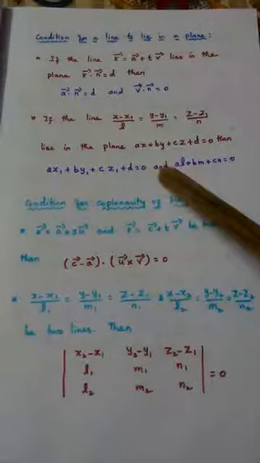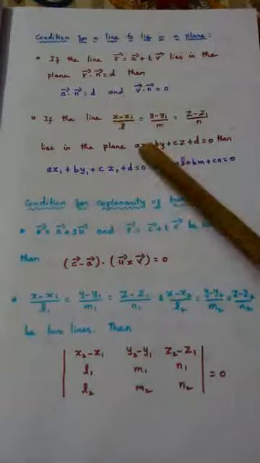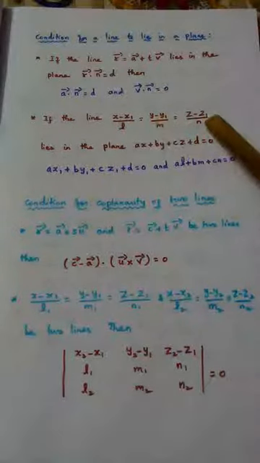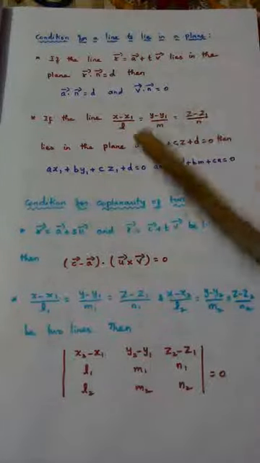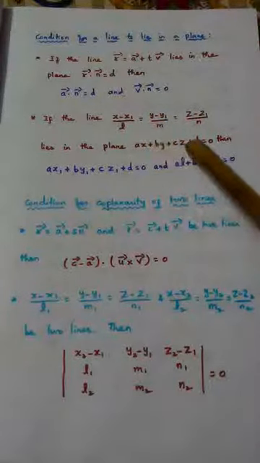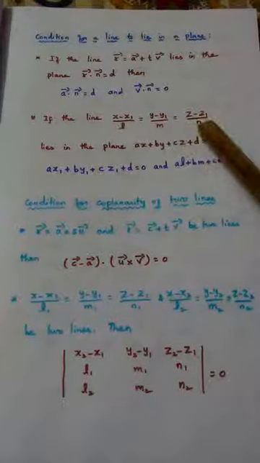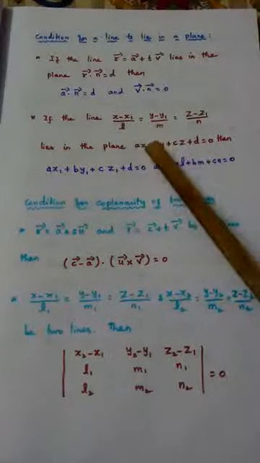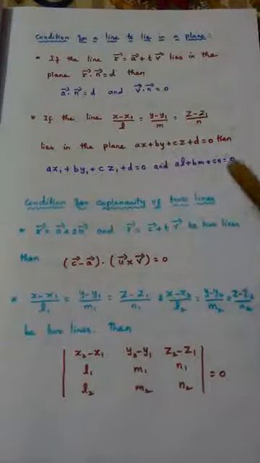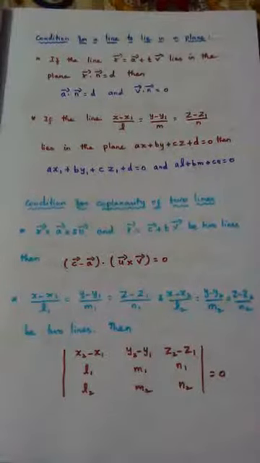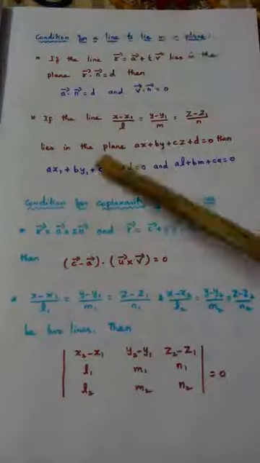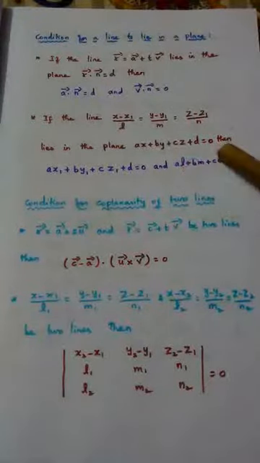And the second condition is, when I substitute L, M, N in place of x, y, z, that is substituting the parallel vector in place of x, y, z, the answer should become 0. So a L plus b M plus c N should be 0. This is the condition in vector format, and this is the condition in Cartesian format.